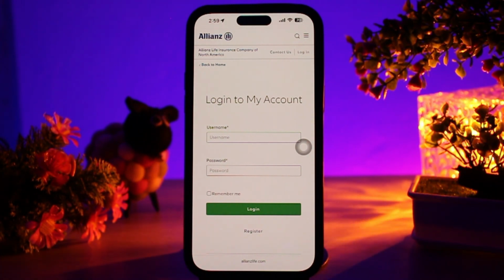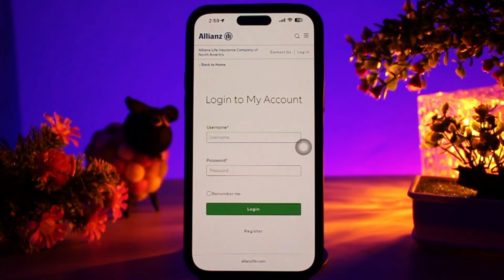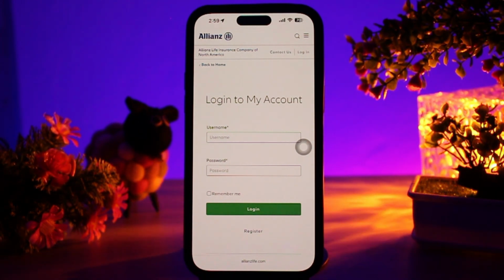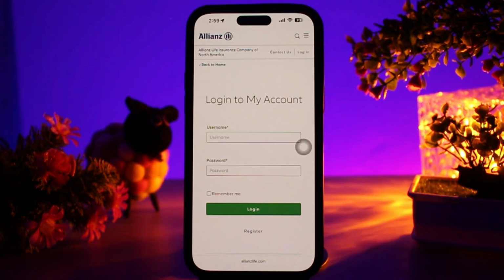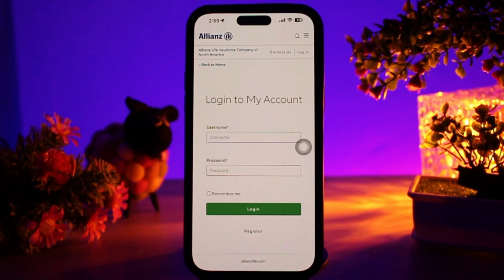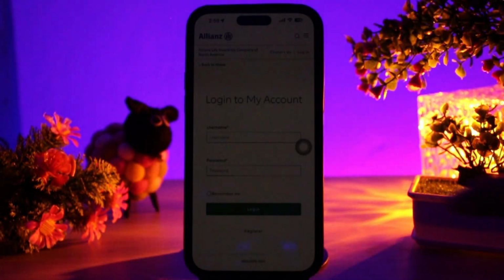Now the second step is to select the policy you want to view. For example, travel insurance, health insurance, car insurance, home insurance, life insurance and gadget insurance. Simply tap the policy name to open it, and to view your policy details